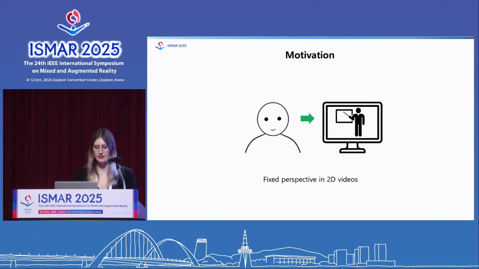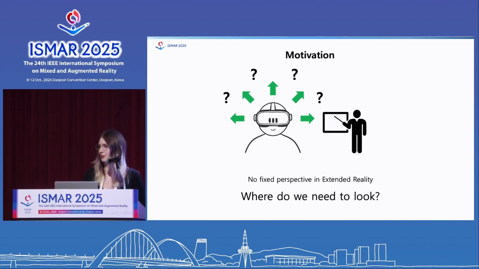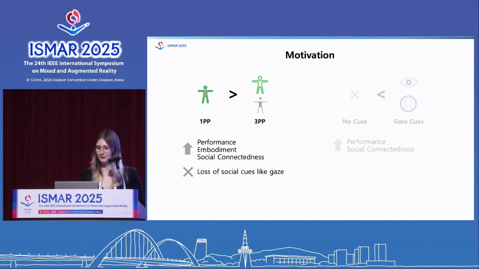Another problem is that in 2D videos we have this fixed perspective, so we know exactly where to look. But with extended reality, this perspective is not fixed, which is kind of nice because we can change our perspective and see things from different viewpoints, but also we probably don't know where to look. So when we change our perspective to the first-person perspective for videos and synchronous extended reality, the performance can improve,